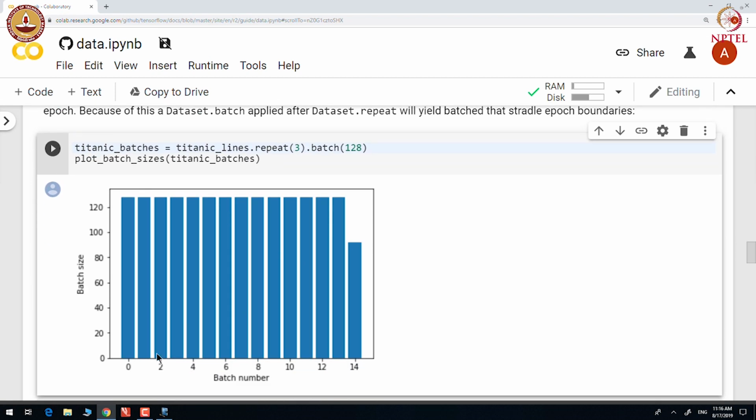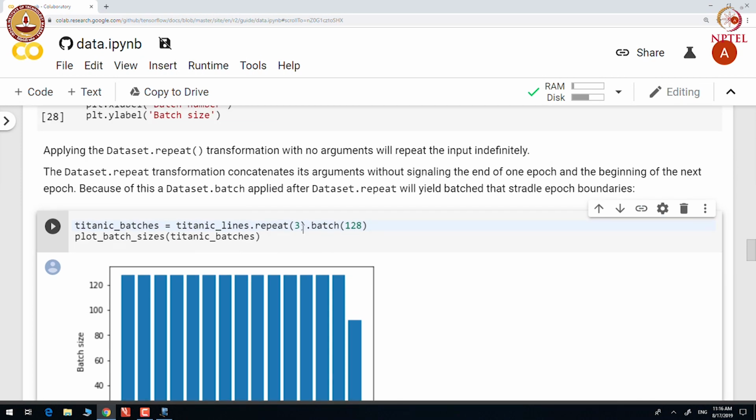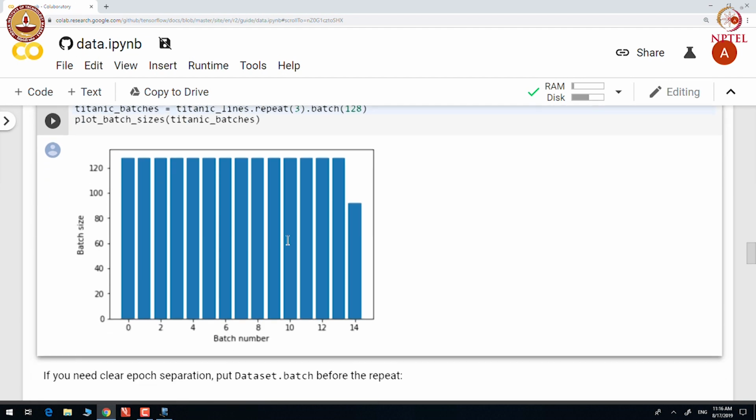You can see that for different batches the batch size was constant, which was 128, except the last batch. So, you can see that we applied batch after repeat, and that causes the batches to straddle the epoch boundaries.